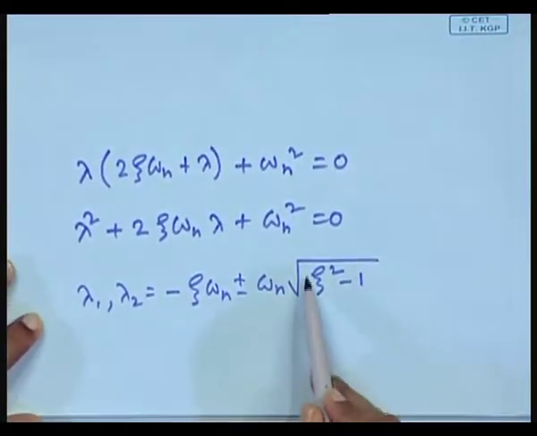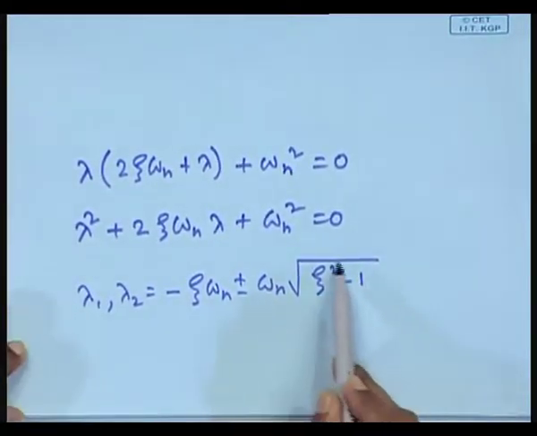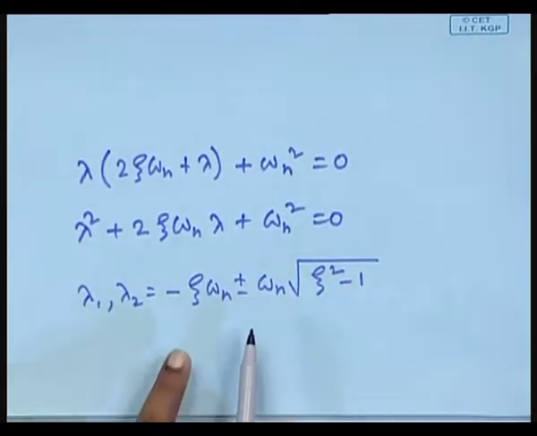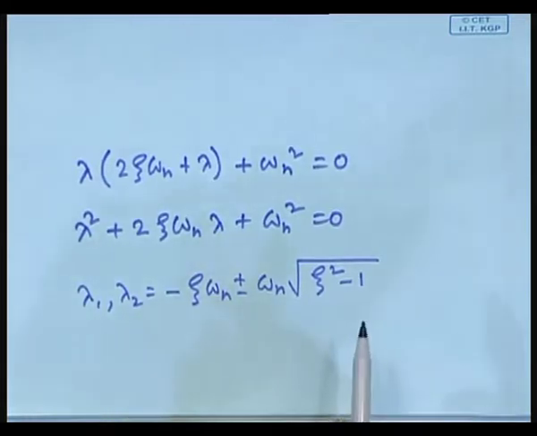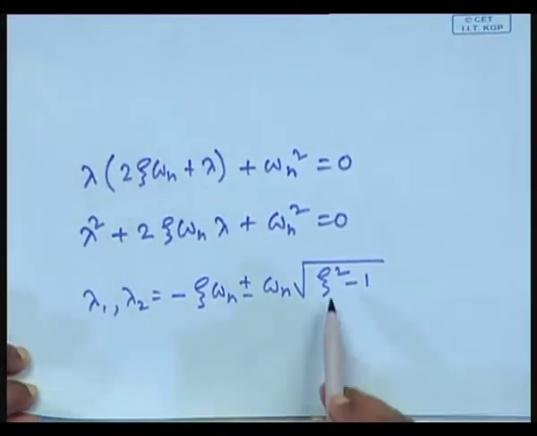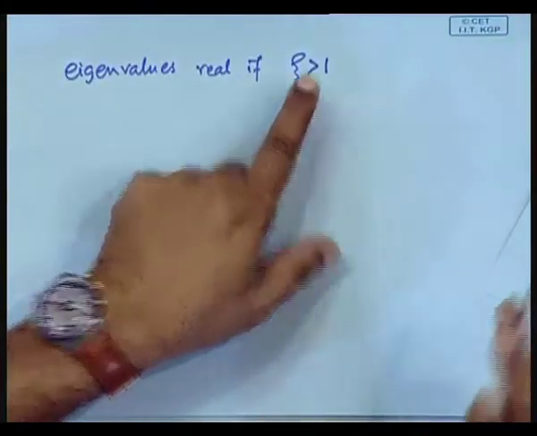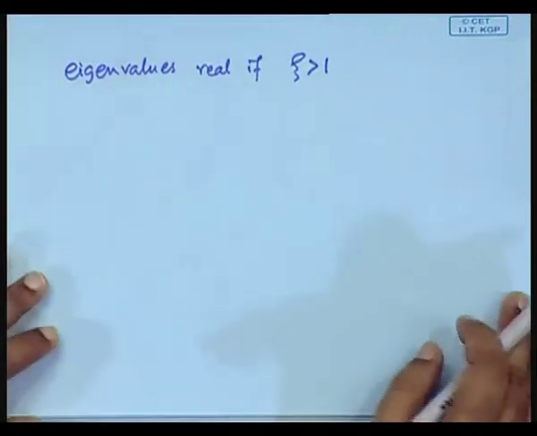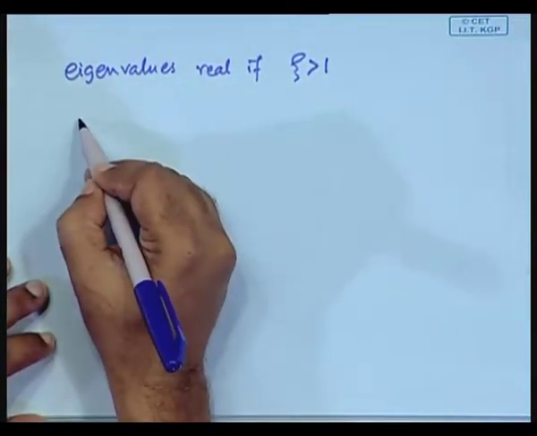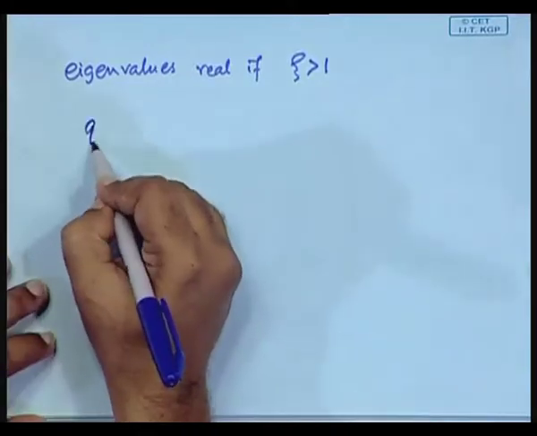If it is exactly equal to 1, then this term is 0. Fine. Firstly, when you have the value as real and greater than 1, then what is the solution? Let us see. The solution then will be, which you already know, q of t